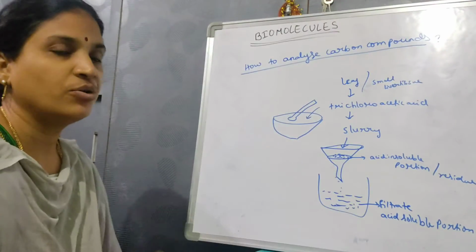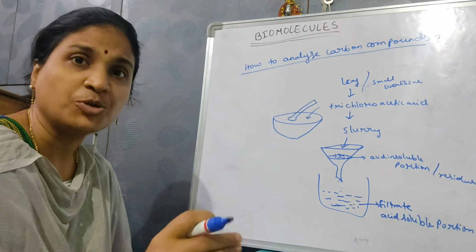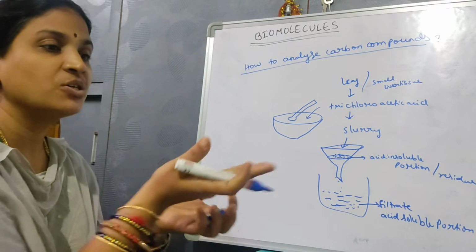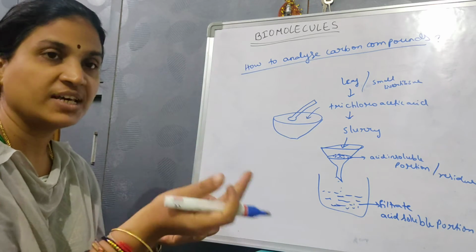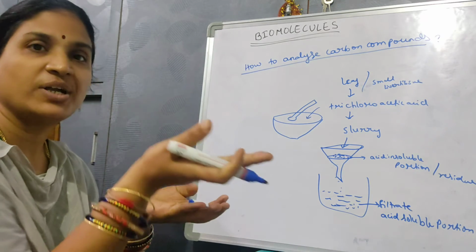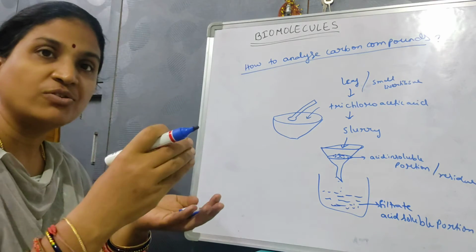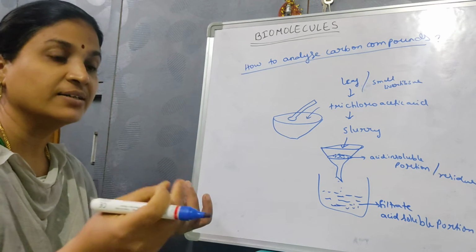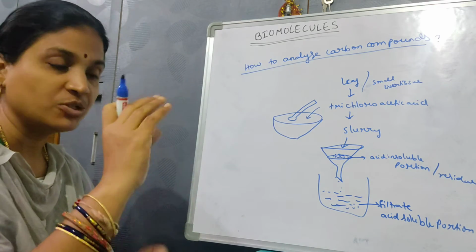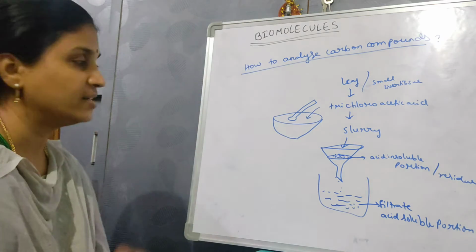This is somewhat like, you know, if you take milk, add chai patti or tea powder to it and boil it, then again you filter it. What happens on the sieve? On the sieve, all the chai patti will be there because it is insoluble. That's why it stays on the sieve. And what all is soluble? The milk and the sugar, and the water. That all soluble dissolved portion is going to enter into the glass. That is the filtrate.